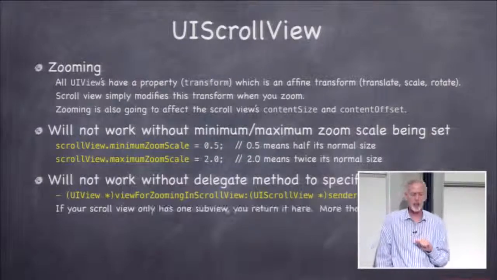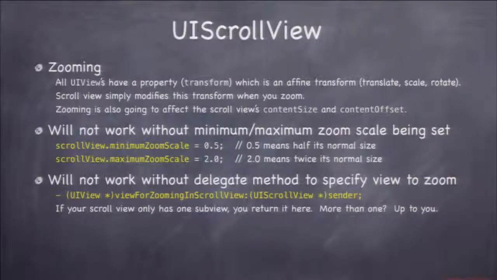The second thing is a delegate method. So scroll views that zoom have to have a delegate. And delegate is just a property on scroll view, just like it was on animator. You're going to set that delegate to be some object, usually your controller, and your controller is going to implement whatever methods in the UIScrollViewDelegate protocol, remember we talked about protocols, that it wants. All the methods in the UIScrollView protocol are optional, but this one is not optional if you want zooming. And all that this method, viewForZooming in scrollView, is returning is which view in the content area, which subview of the scroll view is going to